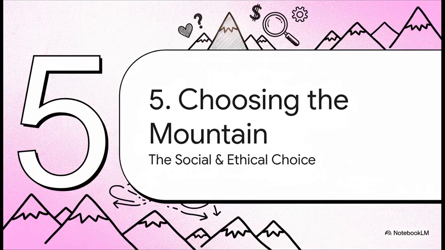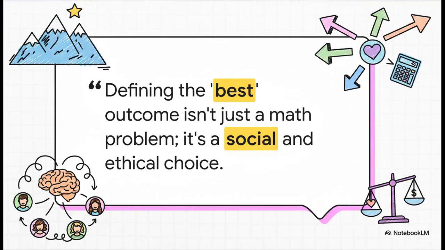But all of this brings us to what might be the most important part of this whole discussion. So far, we've only talked about how to find the highest peak. We haven't asked a much more fundamental question. How do we decide which peak is the right one to climb in the first place? Because you see, defining what best means isn't just a math problem, it's a human one. That objective function we talked about, the thing that defines height on our map, that's a reflection of our values. What we choose to optimize for is a social and ethical choice, and we have to be able to justify